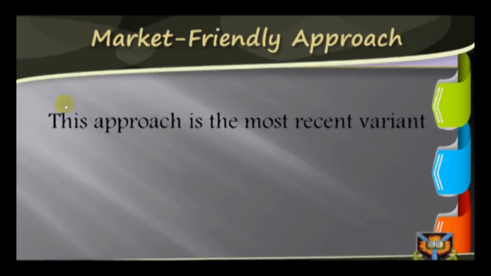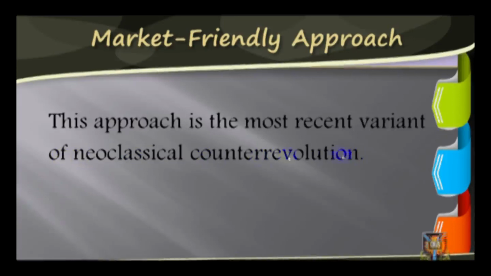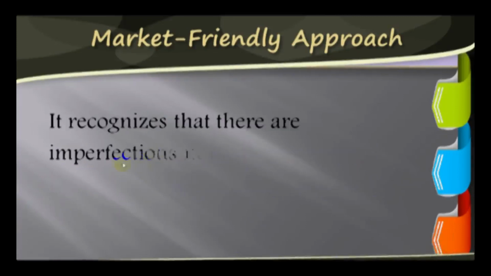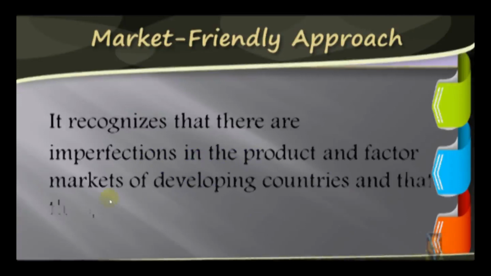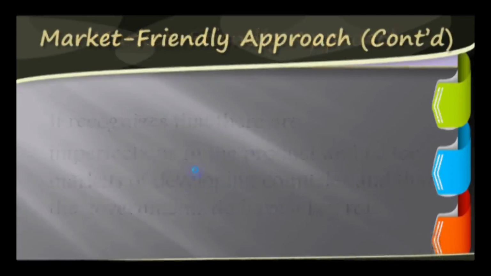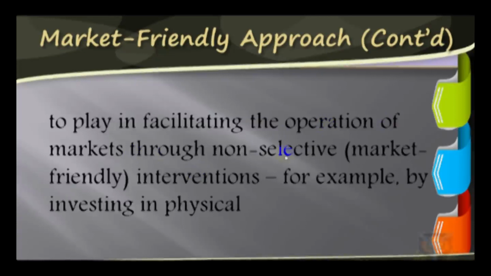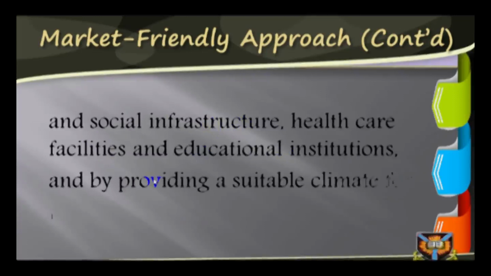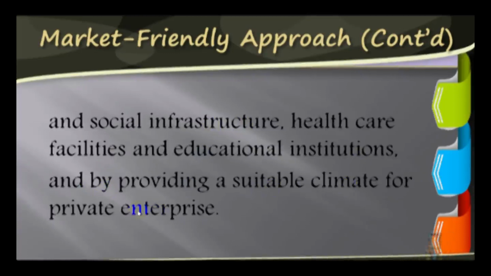Market-friendly approach. This approach is the most recent variant of the neoclassical counter-revolution. It is mainly developed by the economists of the World Bank. This approach recognizes that there are imperfections in the product and factor markets of developing countries, and that the government does have a key role to play in facilitating the operations of markets through non-selective intervention. For example, by investing in physical and social infrastructure, healthcare facilities, and educational institutions,